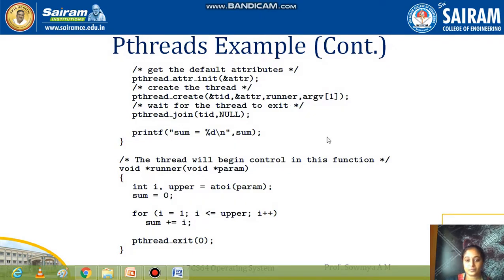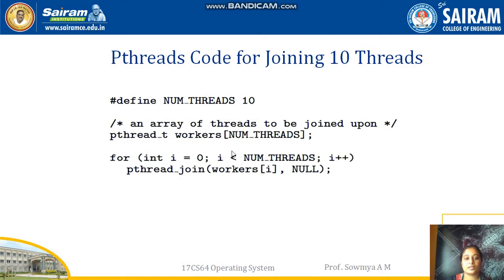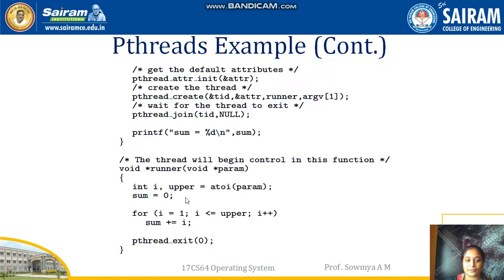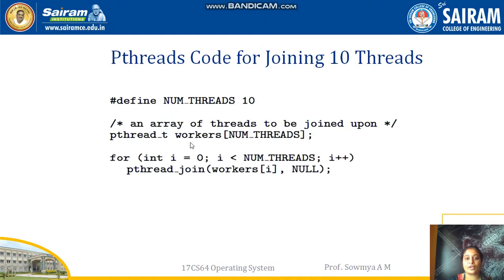So this is how you have joined the thread. And if you are creating multiple threads, for example, if you have created 10 threads, then you can use a for statement and join statement: copy all the thread IDs to an array, and with the help of the for statement and the array values you can join all the threads to